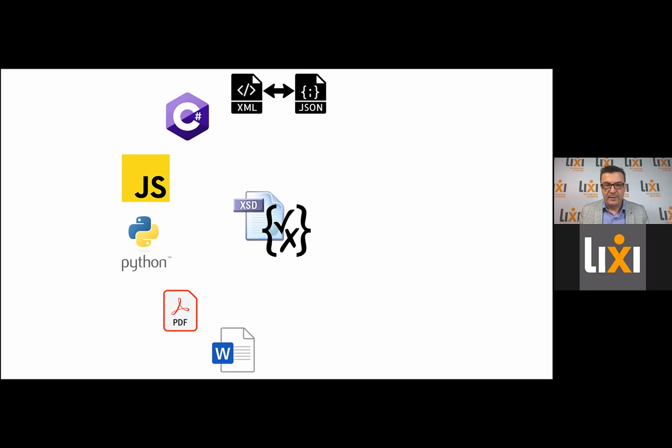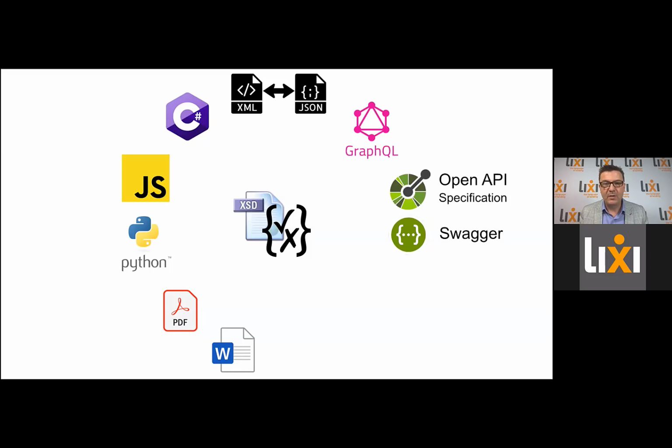Now, what about APIs? That's what it's all about these days. Well, why not automatically generate the detail of your APIs based on the schema itself? You can automatically generate OpenAPI or Swagger specifications in a standard format, so any LIXI2 APIs can be consistently and easily used with tools like Postman for even more automated API testing. We've published blog posts and projects in LIXI Lab that can help you get started with these.